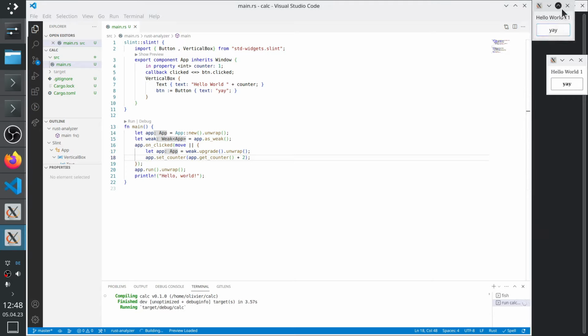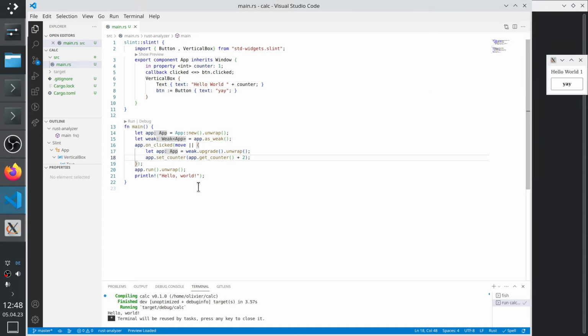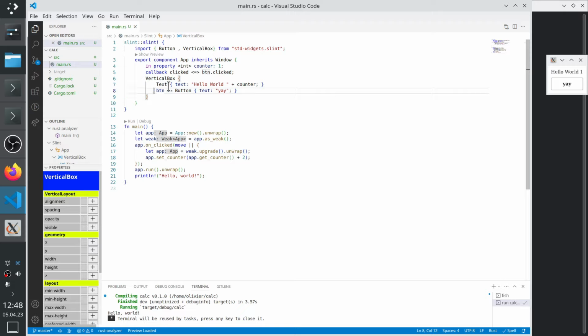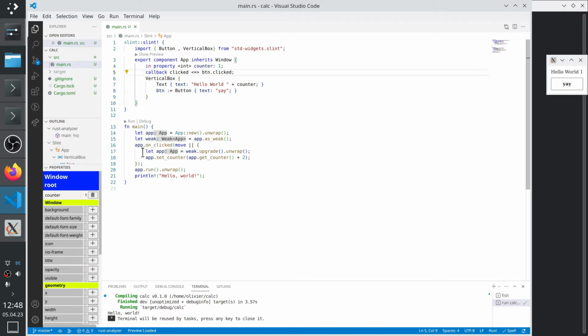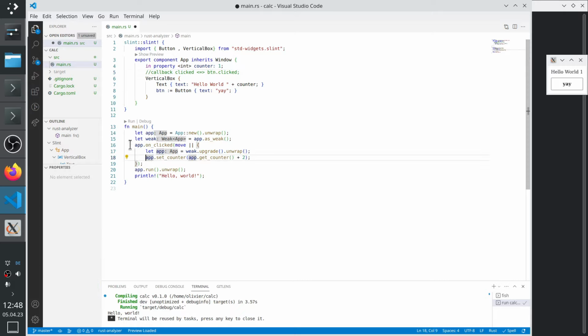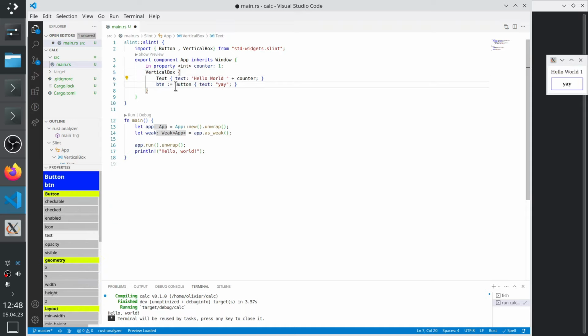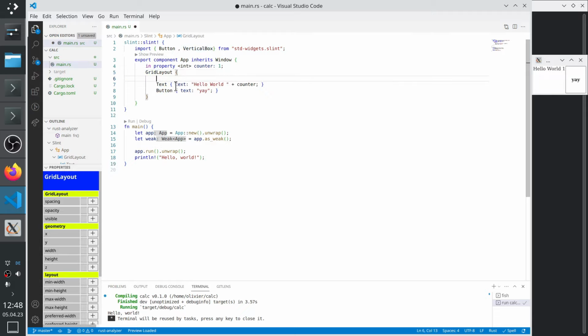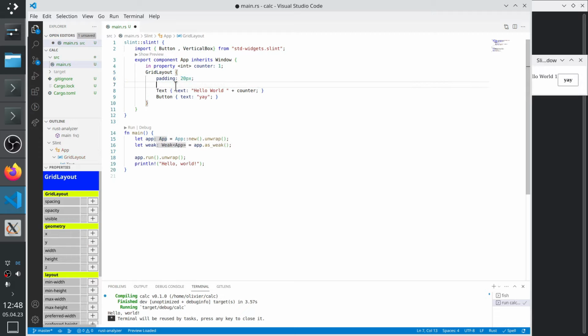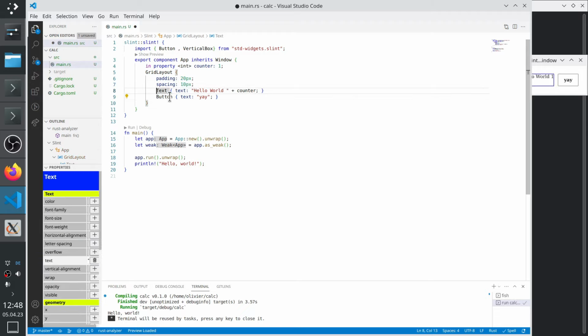Now, let's make something a bit more complicated than just a counter. Let's make maybe a little calculator. So let's remove this clicked callback here, and let's have not one button, but we can have many buttons. Let's put that in a grid. Grid layout, we can have some padding, some pixel, and some spacing, like 10 pixel,